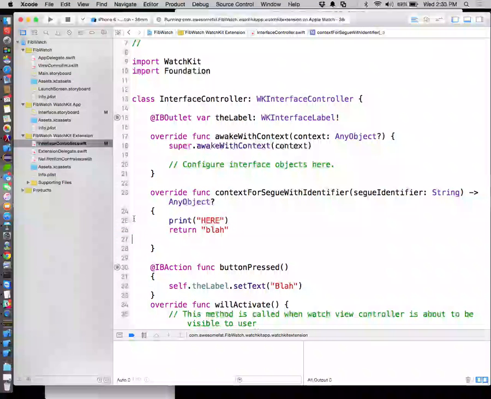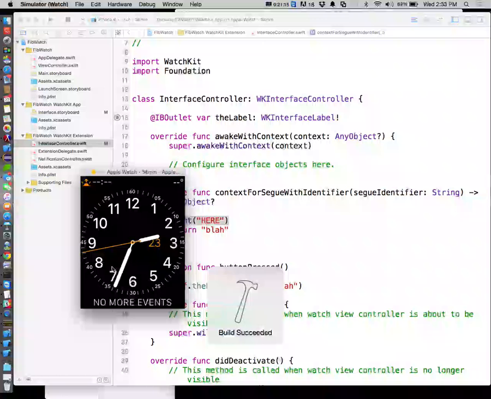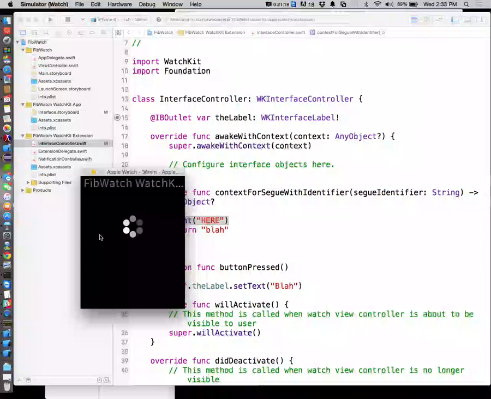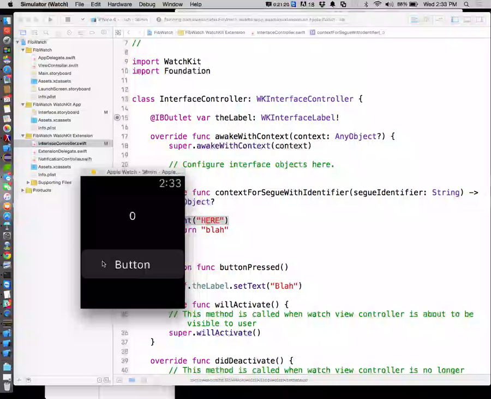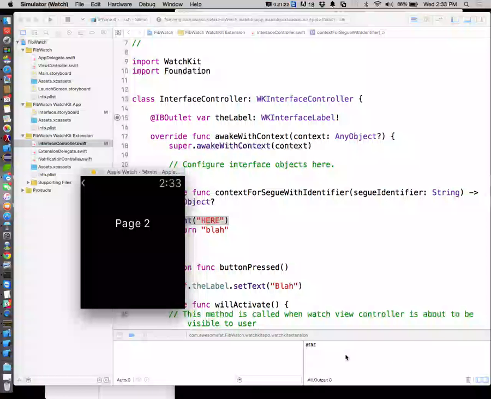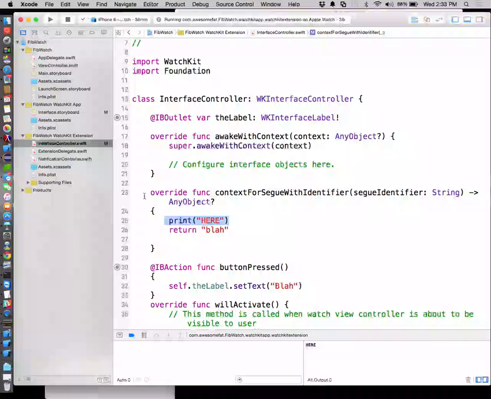All right, so we're just going to print, proving that we got into this code. Let's go ahead and run this. So button pressed isn't happening. Correct. Yeah, we proved that button press wasn't happening because we never saw the "here", but we do see this "here". Okay, so this seems to be consistent with the idea that we can only have one action associated with a WatchKit widget. Even though we had this button press, that guy is superseded by our segue